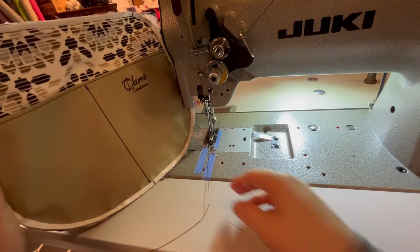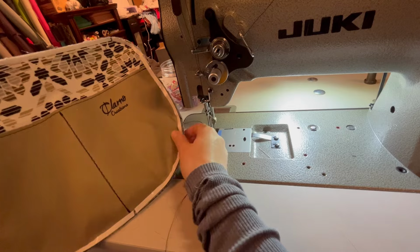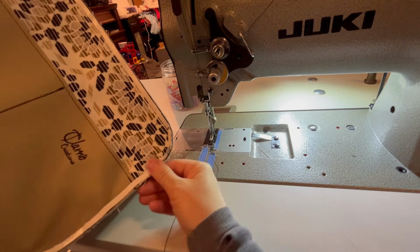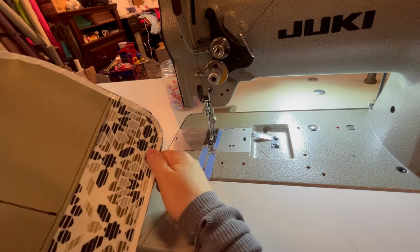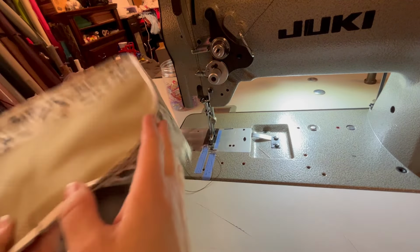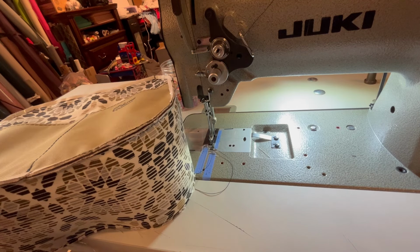Okay. I have put double-sided tape all the way around the lining panel, not the gusset. Just gonna press it on, make sure it sticks. Now what I'm gonna do is take my